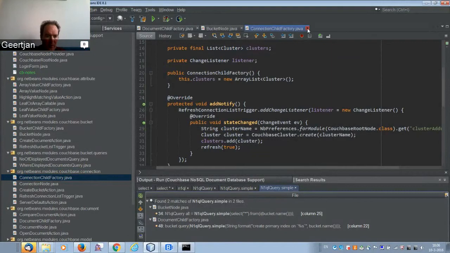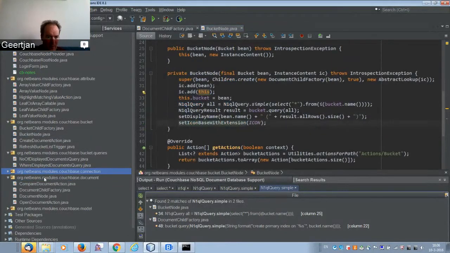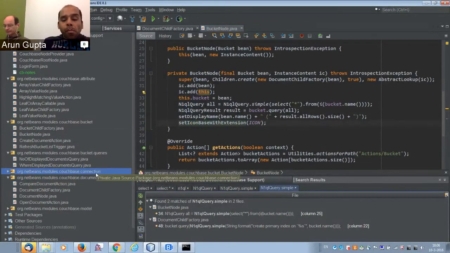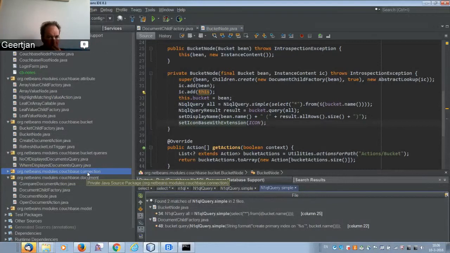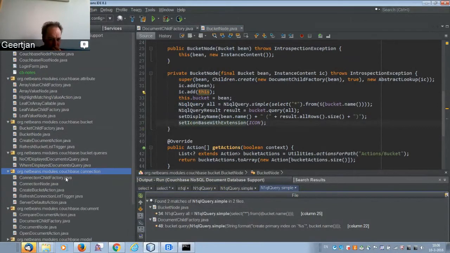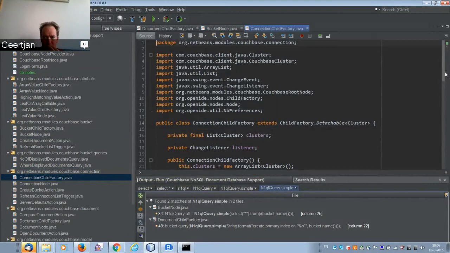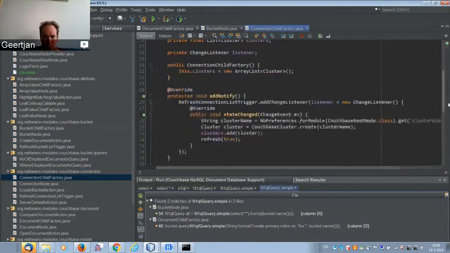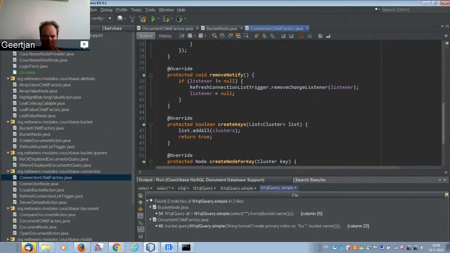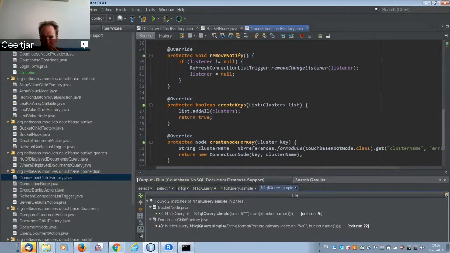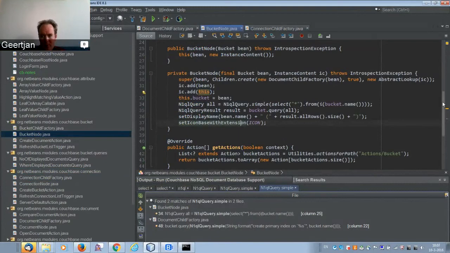Okay, so we need to go one level above bucket. And the level above bucket is connection, and connection child factory. So if I'm right, this is where the... no, this is not it. Wait, so what creates the bucket?